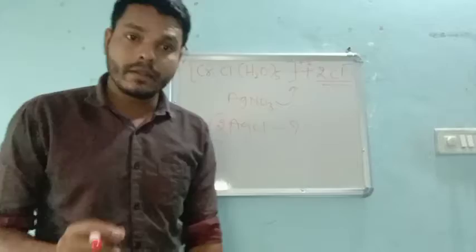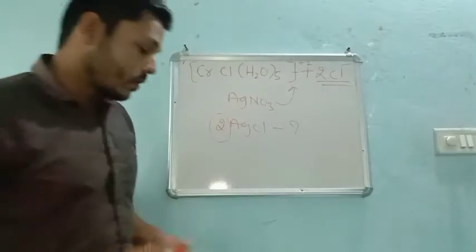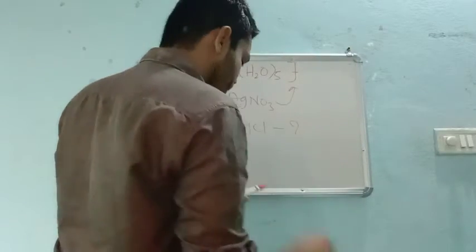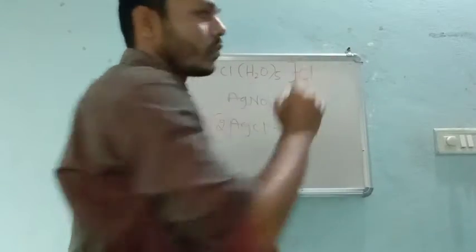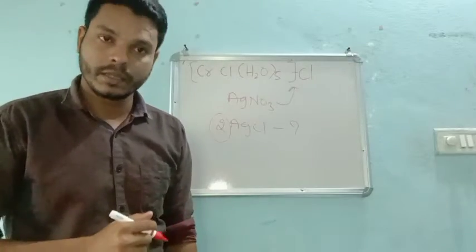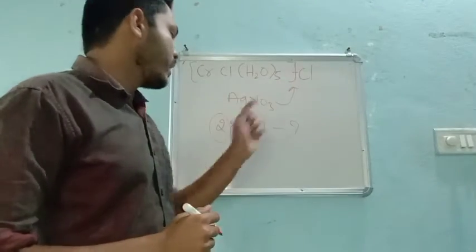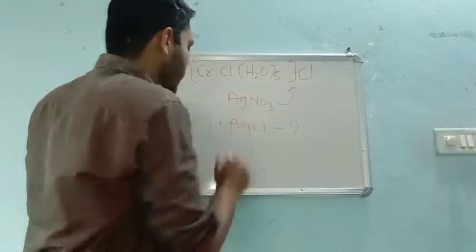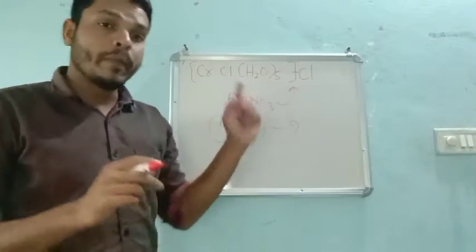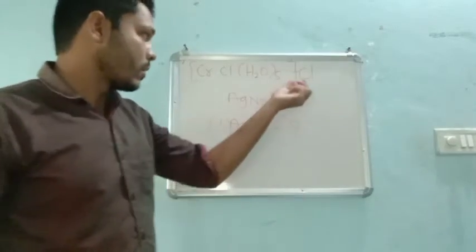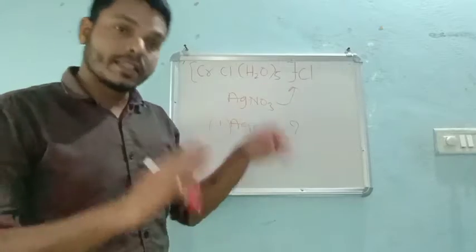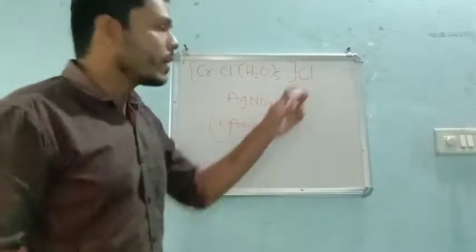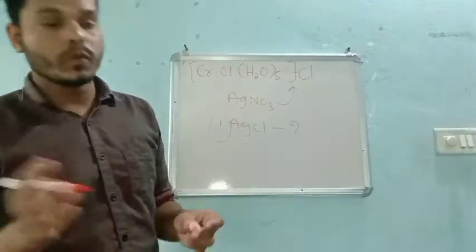So if you got it, then okay. You can ask a question: sir, if this complex has a single Cl, how many moles will be liberated, right? Single Cl means definitely one Ag will react with one Cl. So definitely the answer will be 1 mole. It depends on how many counter ions are present with the complex. That many moles only are liberated or precipitated, right?